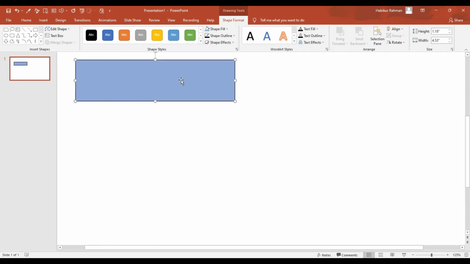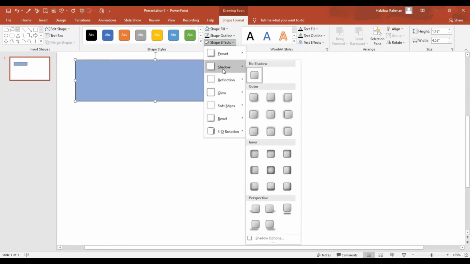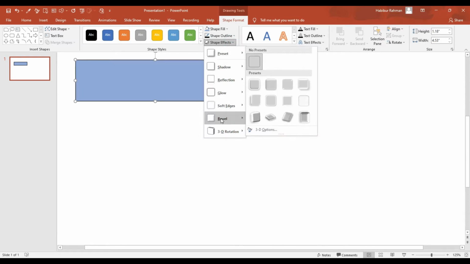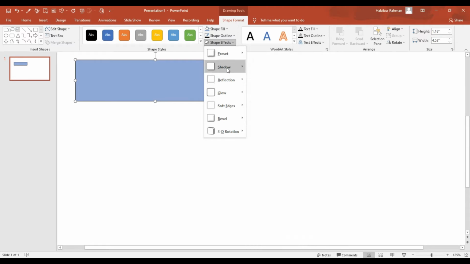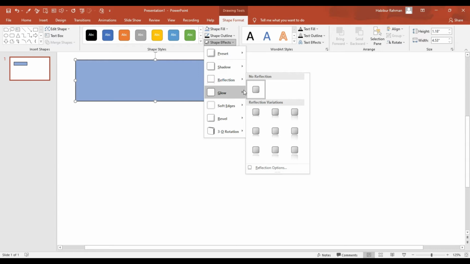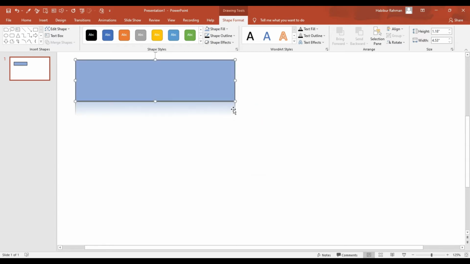If you want to apply some effect on your shape, go to this option and select any kind of effect. Here preset, shadow, reflection, glow. I'm choosing here reflection like this. Okay,